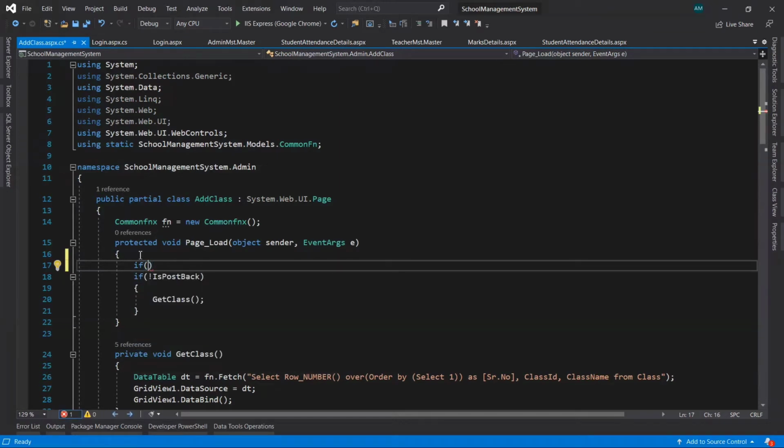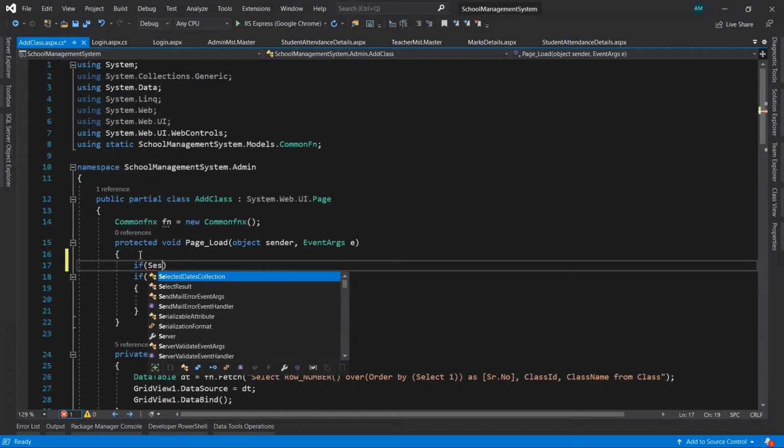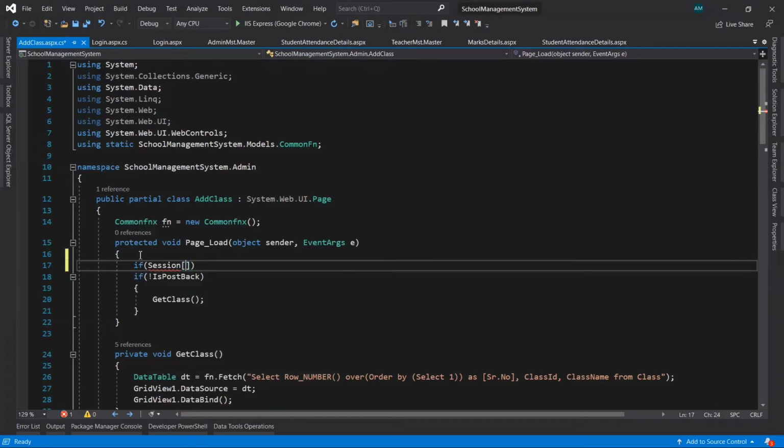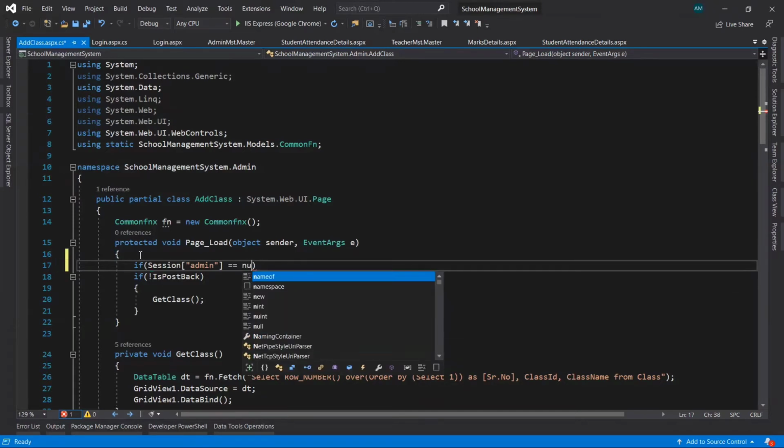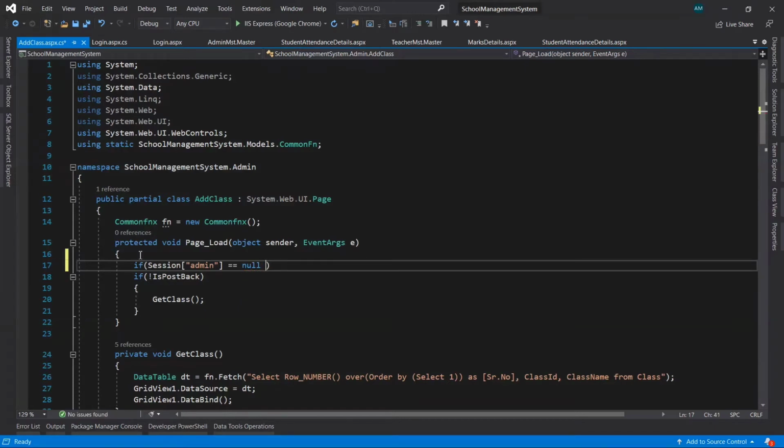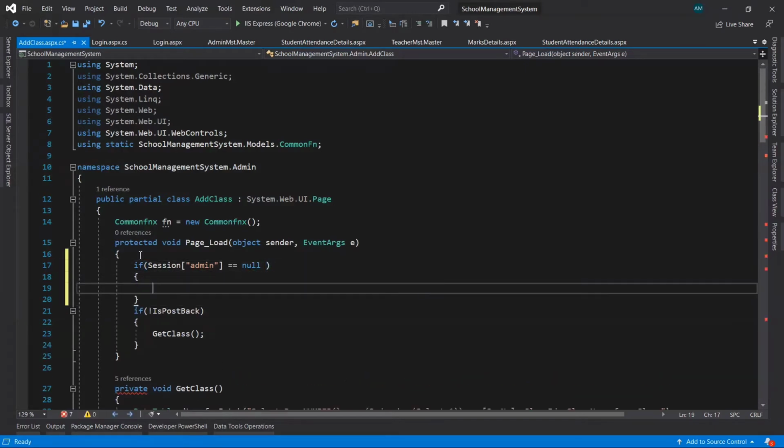If, what we have taken for the admin, the session name is admin, right? So we'll check this session. It's the admin panel's page, right? So we'll check with the session name admin, if it's equal to null. That means if the session is not active or the value is null, then what we have to do,